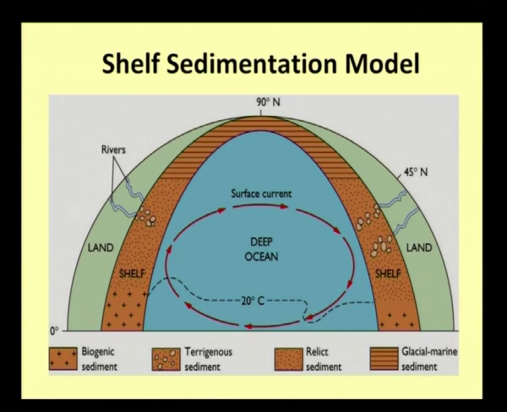And here you see that polar region. So, in the polar region, the glacial or the marine sediment, and therefore, in all the polar region it is the glacial sedimentation, and in all the tropical region it is biogenic sedimentation,